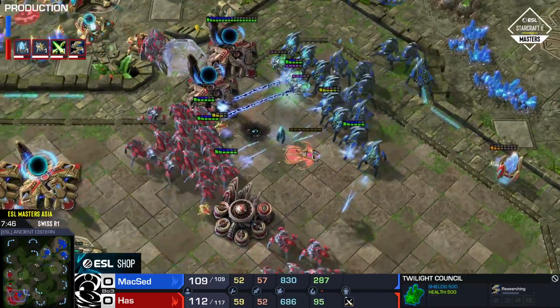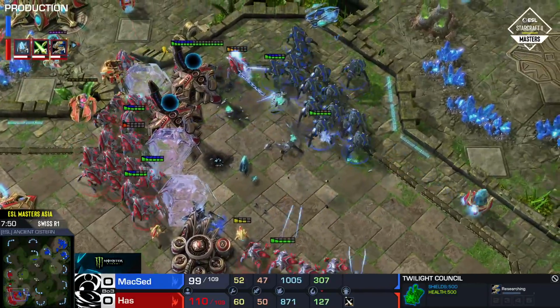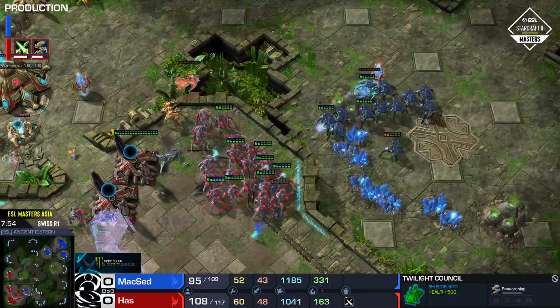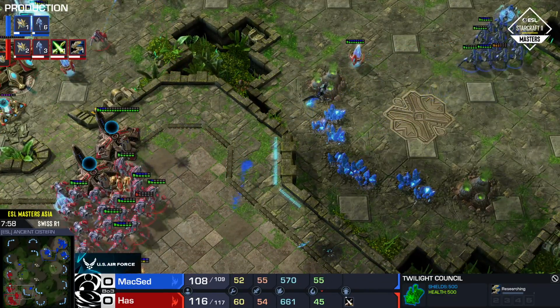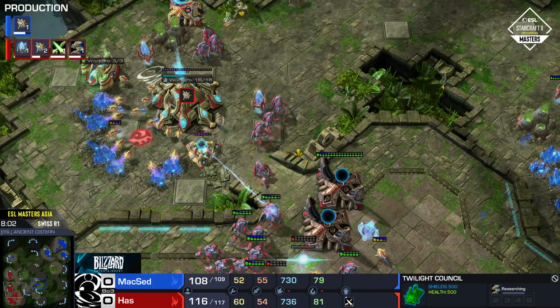And now Haas has to blink up on the high ground. 2 gateways depowered, and he doesn't have defensive blinks because he had to blink to get up here. But even still, the Concave is fantastic. Now he's going to blink forward, but he doesn't target the Warp Prism. He gets some damage on the Stalkers. He keeps himself alive, but you cannot help but feel here, Roddy, that could have been so much better for